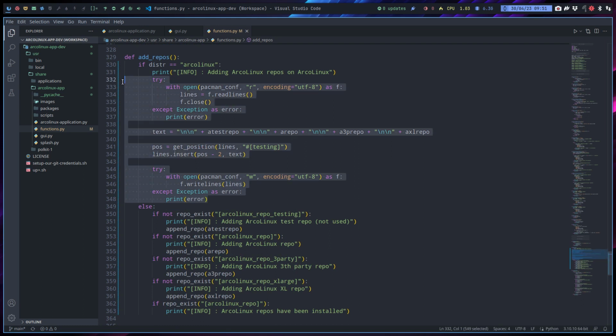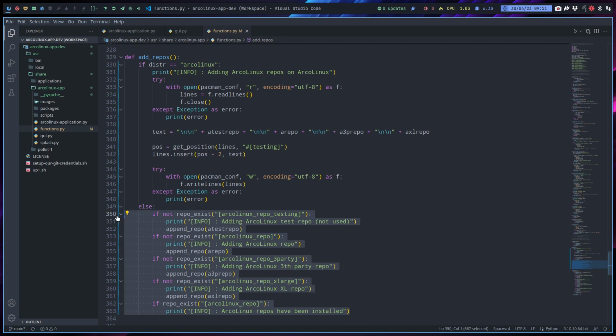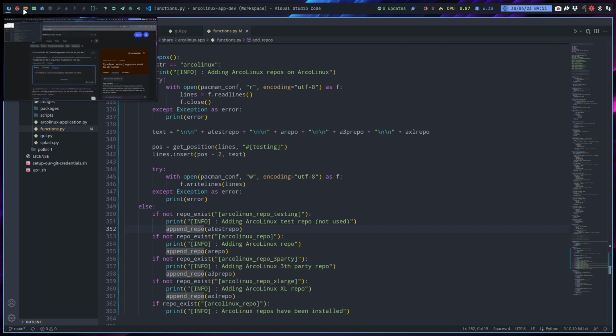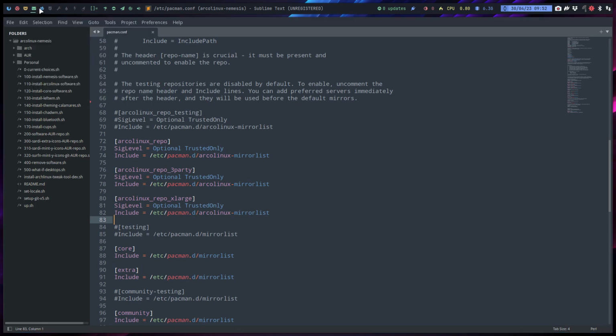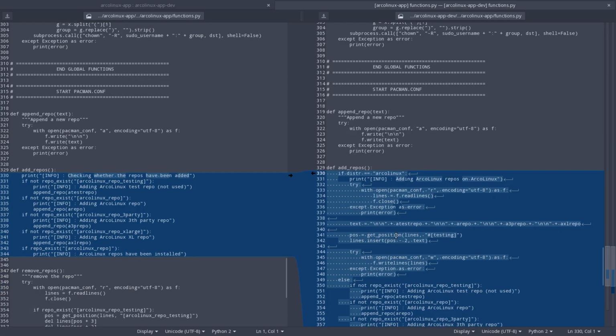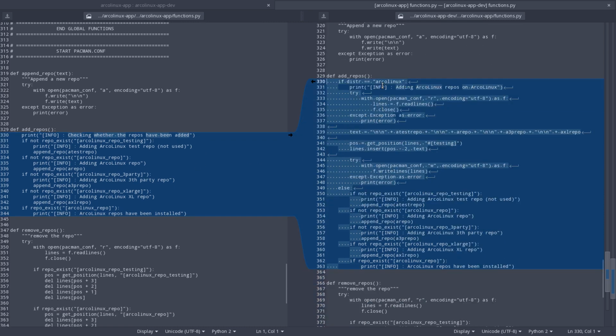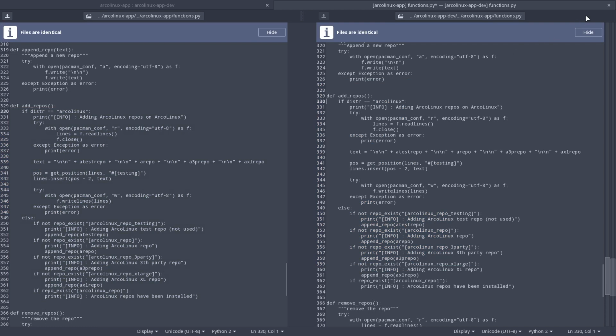This is what we do if we're on ArcoLinux, and this is what we do if we're not on ArcoLinux. So anything else, it goes at the bottom. It's an append at the bottom, and otherwise it's put in between somewhere, right? That's the main thing. And now we can then do our compare and do the rest of the workflow. So this is that. Okay, so here we just set append, and here we're making a decision. If the distribution is ArcoLinux, then don't, right? And otherwise indeed append. So that's it. That's the block I wanted to do.